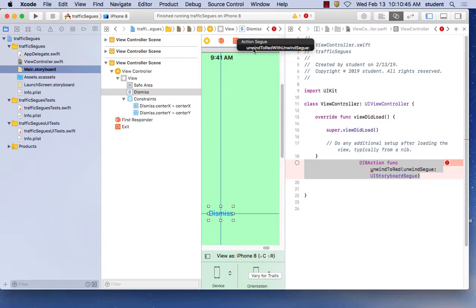Which matches the method signature you placed in the definition of the view controller. Go ahead and select it. Build and run. When you click the dismiss button, it should unwind all the way back to the red view controller. So if I choose this and then play it,